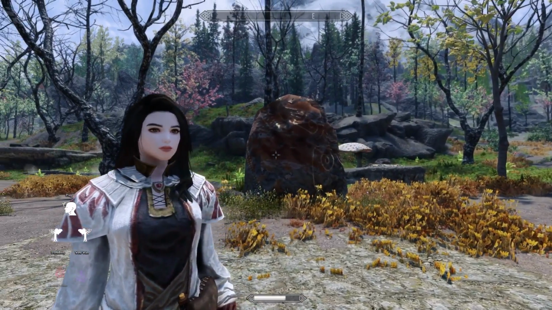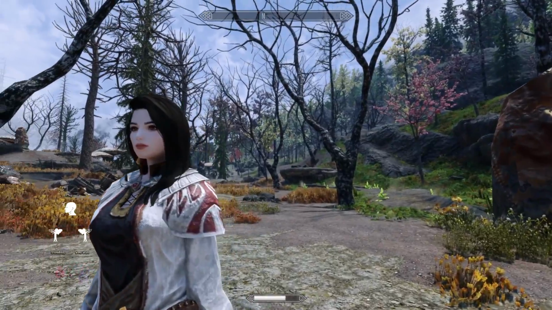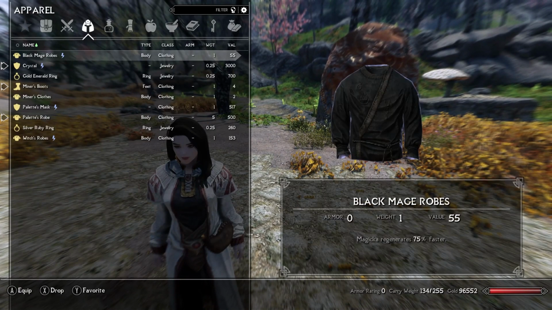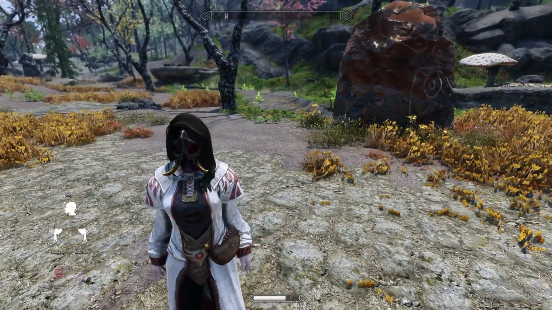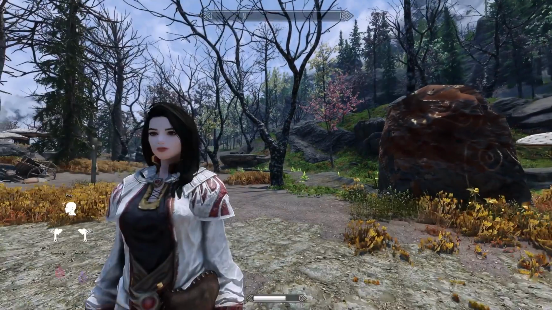I have finally gotten around to trying out the spell mod Colorful Magic. This little ensemble actually comes from the mod. It brings in a lot of new items that can be purchased from a vendor. Right now we're looking at Palette's Robe, and then it comes with Palette's Mask, which increases our destruction spells by another 25%. But that looks kind of creepy, so we're not going to wear that